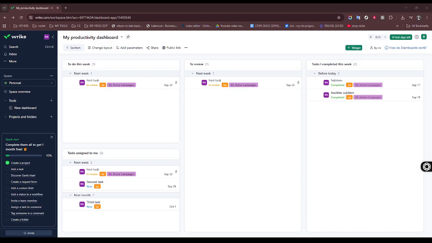First, let's dive into Kanban boards, an integral tool for visualizing your work process. Imagine your current project tasks as sticky notes on a board which are categorized into various columns such as to do, in progress, and done. This visual approach helps you see the current status of different tasks at a glance, allowing for quick decision-making and